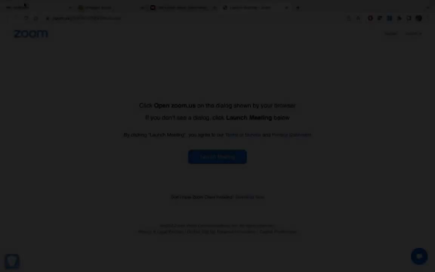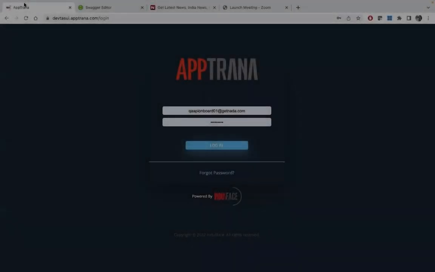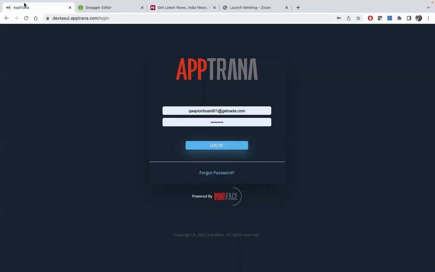This is my AppTrana portal. This is the same portal that we use for web applications also. So how we have built our API security module is we have incorporated it into AppTrana, and it's a separate plan. And the workflows that we have built mirror how we use it for web applications, so that